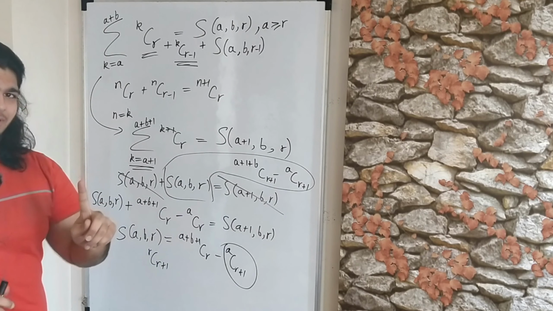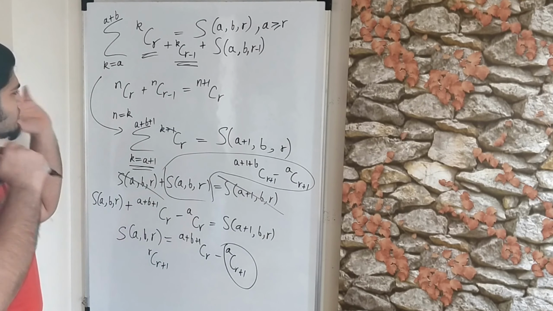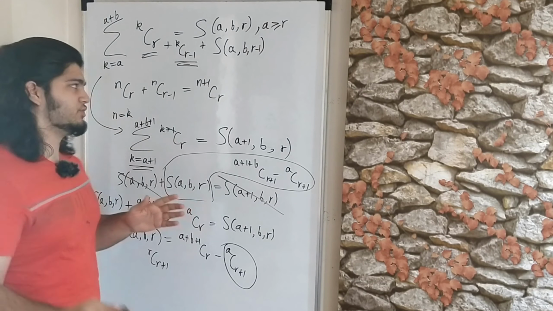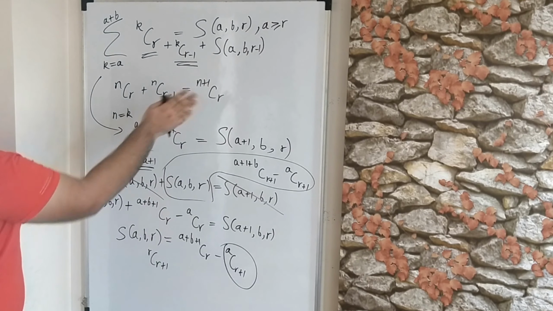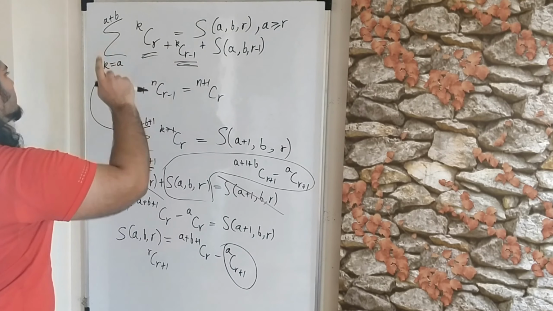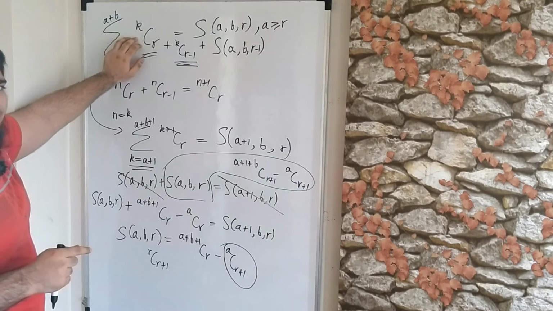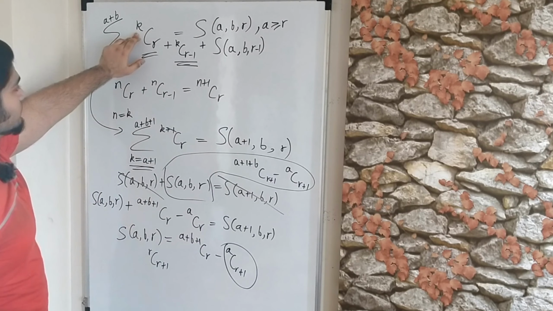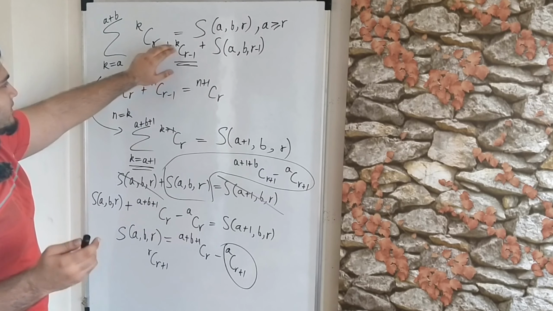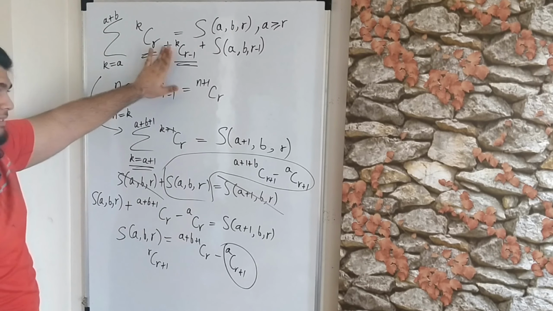Just one term is a problem, and that is the rth term. So if a is equal to r, let's try to spot the step where we actually broke that assumption. So over here, that's completely fine, that's just an identity. We added this term in. Does that change anything? Well, we are adding k c r minus 1. So if k c r is defined, that means k is greater than or equal to r, and that is of course true. And since we are adding this in, k is greater than or equal to r, it's also greater than or equal to r minus 1, so this is completely fine.